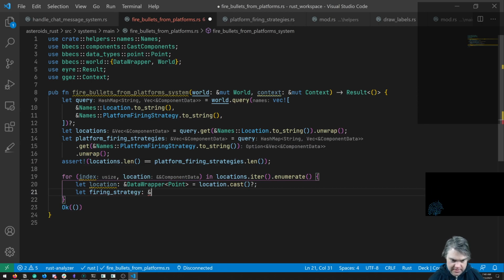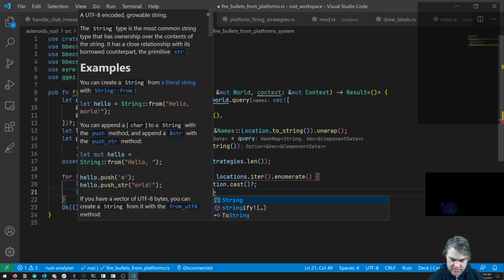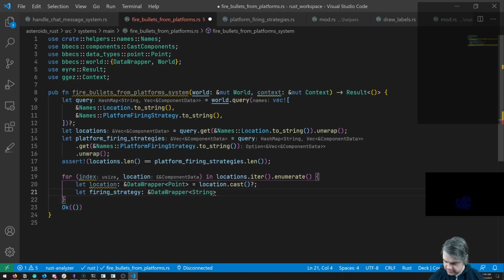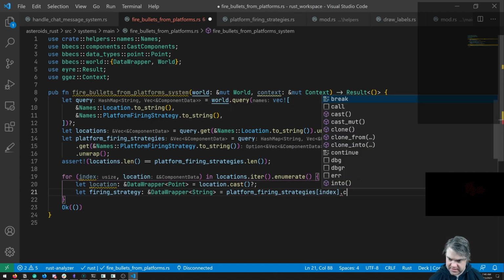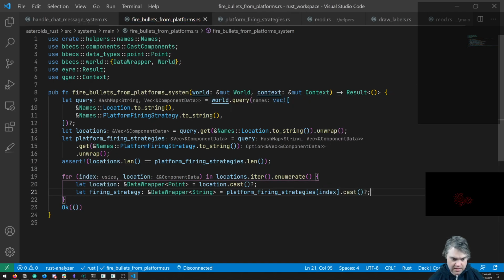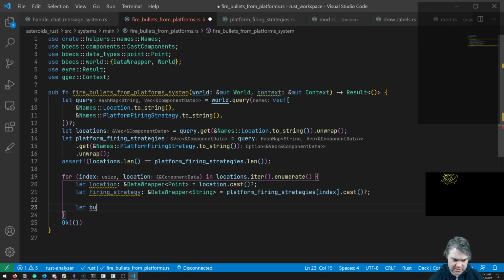That's going to be a data wrapper of a string. It is going to be equal to our platform firing strategies of index.cast. Okay, so we have that. If it's random, we want to create a bullet from that. So I guess no matter what, we want to create a bullet here. So that bullet equals